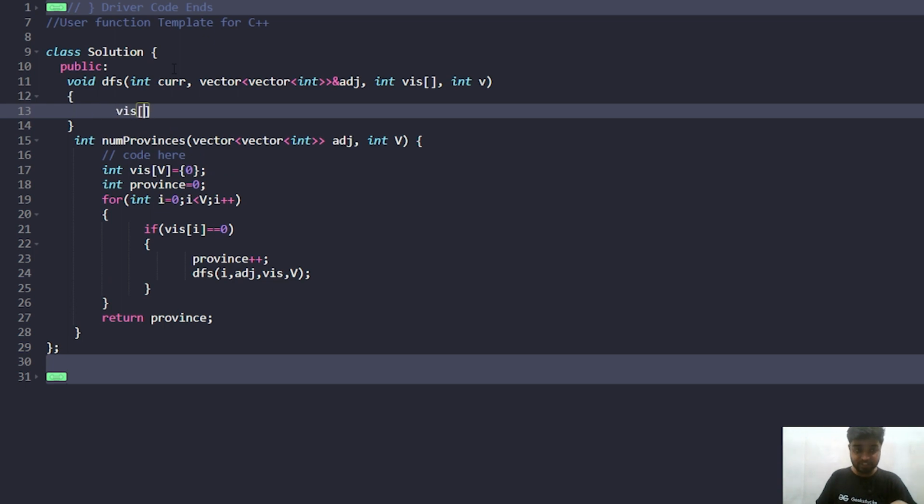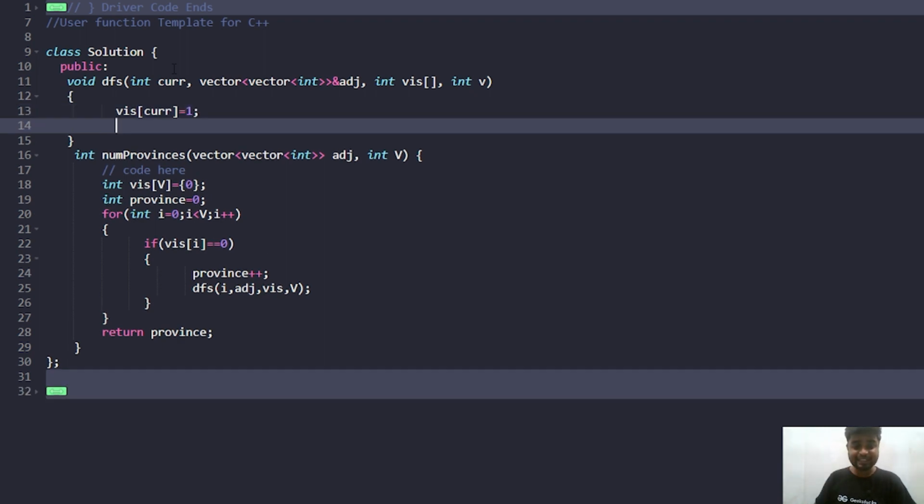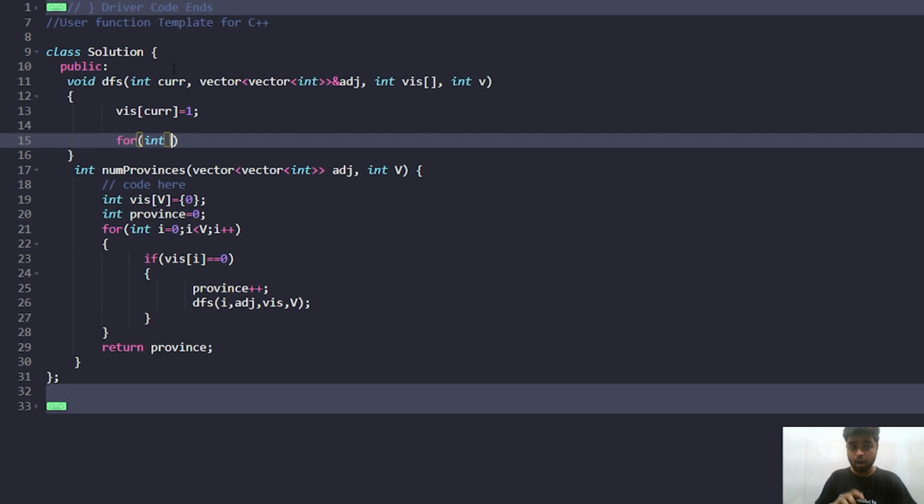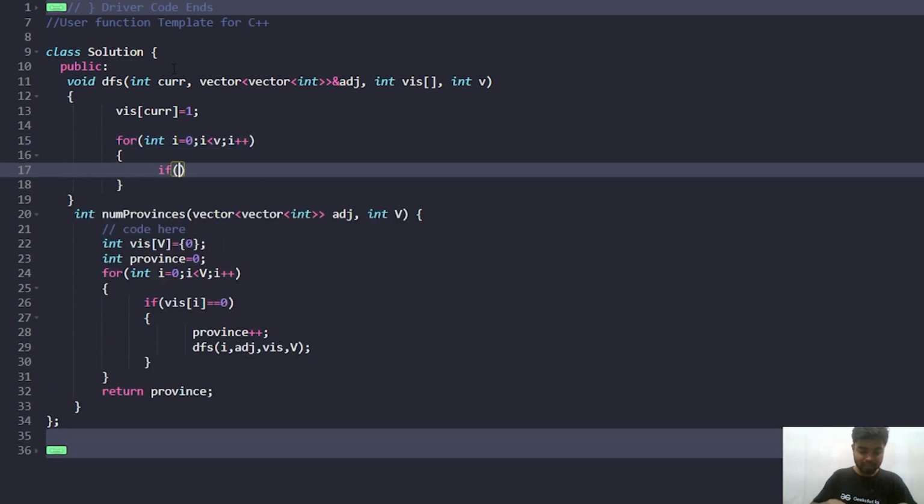So once I visit a particular node, I'll mark it as visited, I'll mark it as 1, indicating that it is visited. After this, I'll iterate for all the nodes in its row, in the row of the current node that I'm at. So I'll say that int i starts from 0, i is lesser than v as we discussed already, then i plus plus, and I'll check that if the adjacency of the current node and i is equal to 1, if they both are connected, and visited of i is equal to 0, if it is not visited,